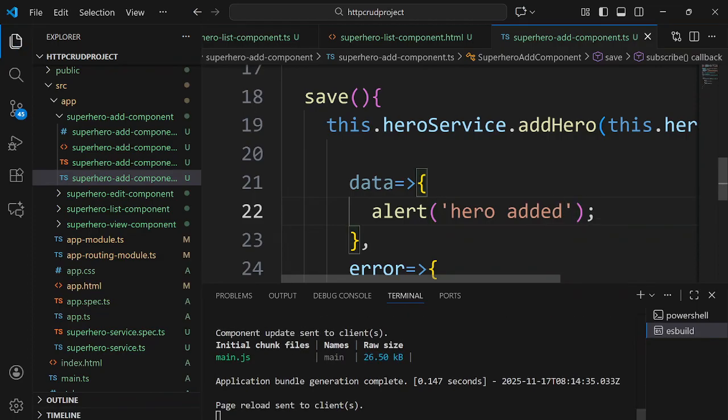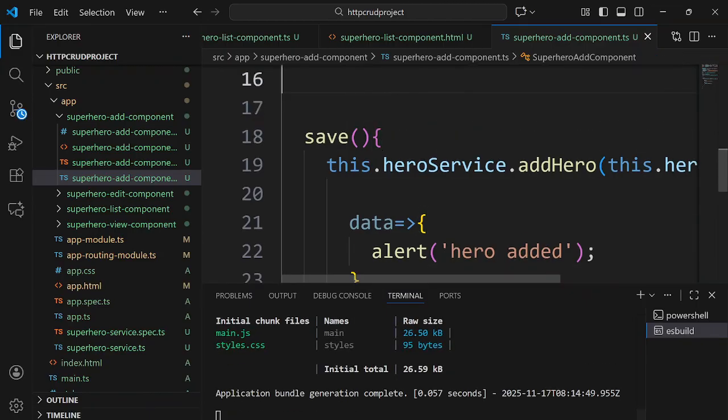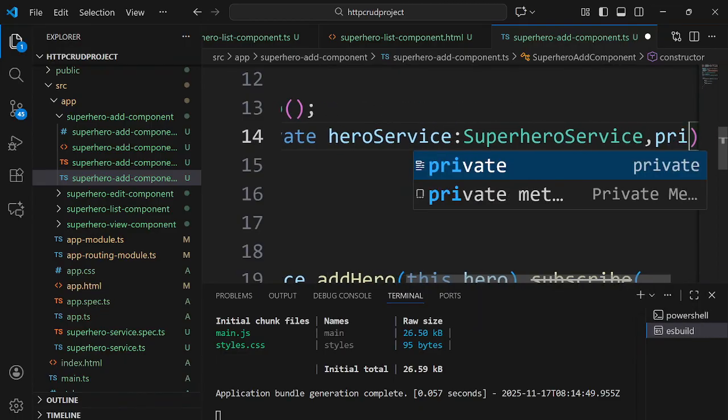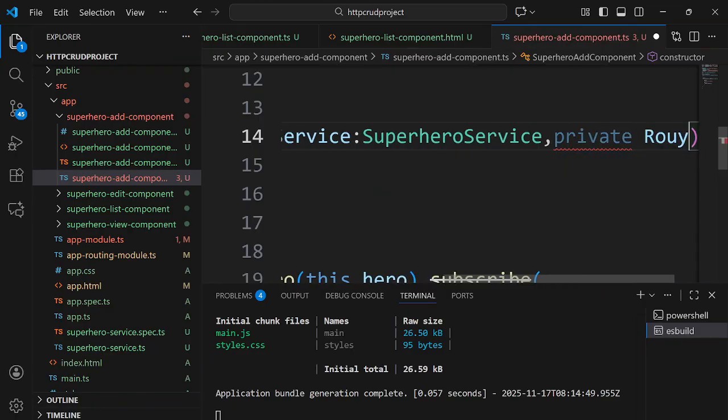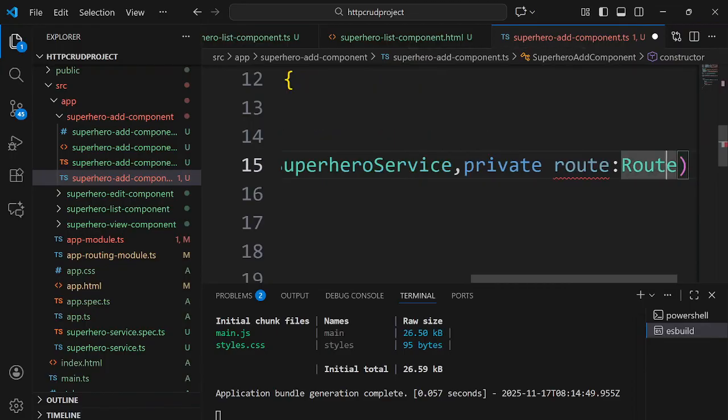So if I wish to take back this hero and navigate back to the main page, I can simply do that as well, right? So we can just use the router and navigate back to that. So as of now, let this be as it is. Later we can do it, or else if we wish to add it now itself, we can simply do what? We need to get the router service injected. So private route of type Angular route, and